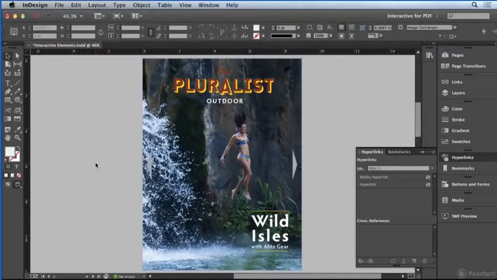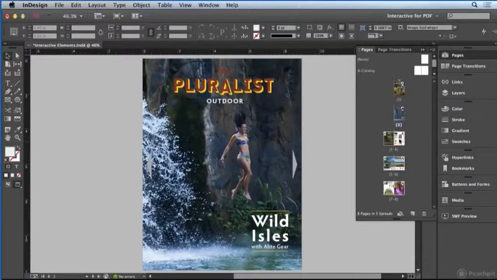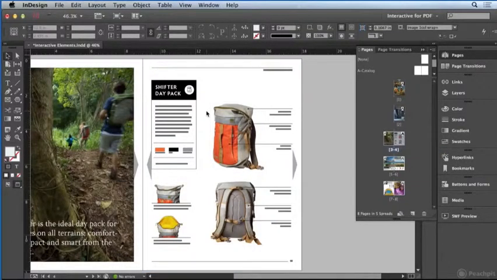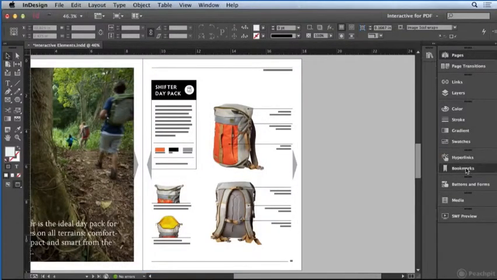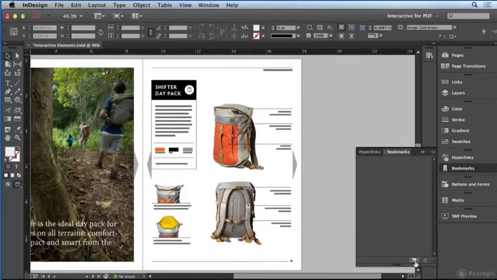And let's go ahead and now add some bookmarks. So I think what I'll do here is I'm going to go to the Pages panel, and I'm going to navigate to page 4 where we have our backpacks. Now I'm going to open up the Bookmarks panel, and I'm going to click on the Create New Bookmark button. I'm going to call this bookmark Backpacks, and I'll press Enter,